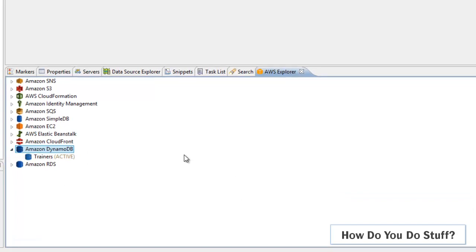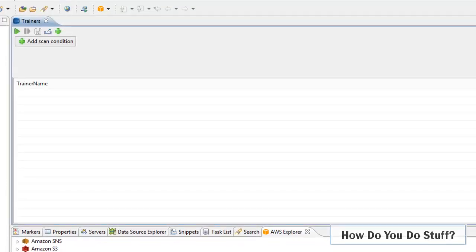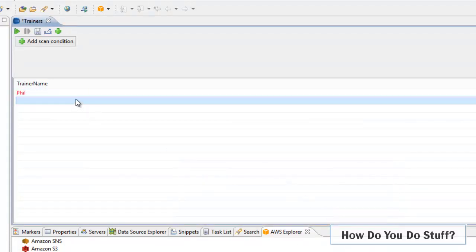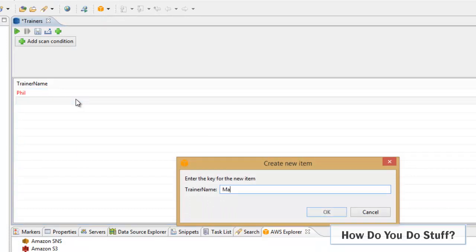A very straightforward process. Another thing that you're likely to want to do in a hurry in Eclipse as a developer is perhaps drop some records into a DynamoDB table. So let's try that. Let me just right click trainers and open the query editor. As you can see, here's my hash key. I can start entering values. So I'll enter in a value trainer name of, well, I should go for Phil, shouldn't I? So Phil, that's me. Any other trainers will have Mike,